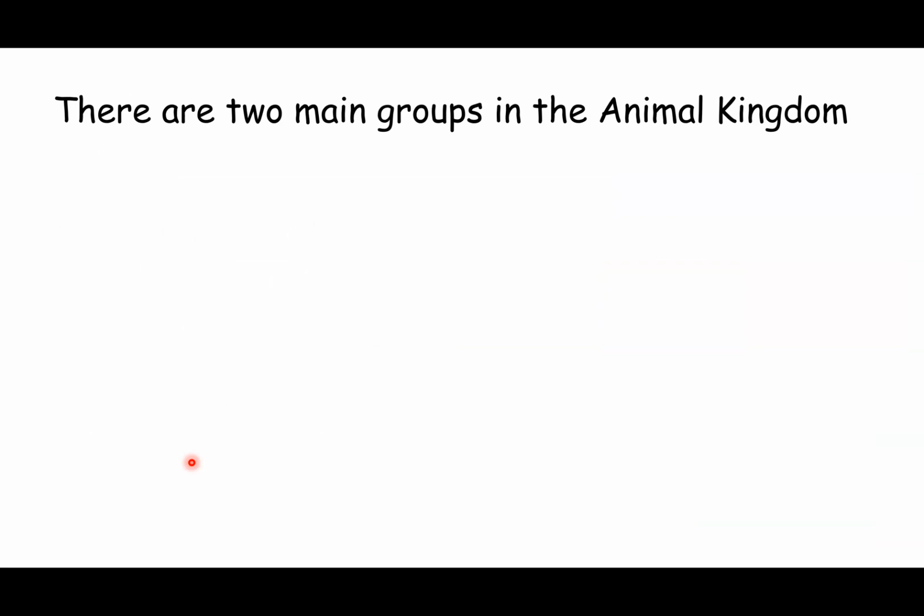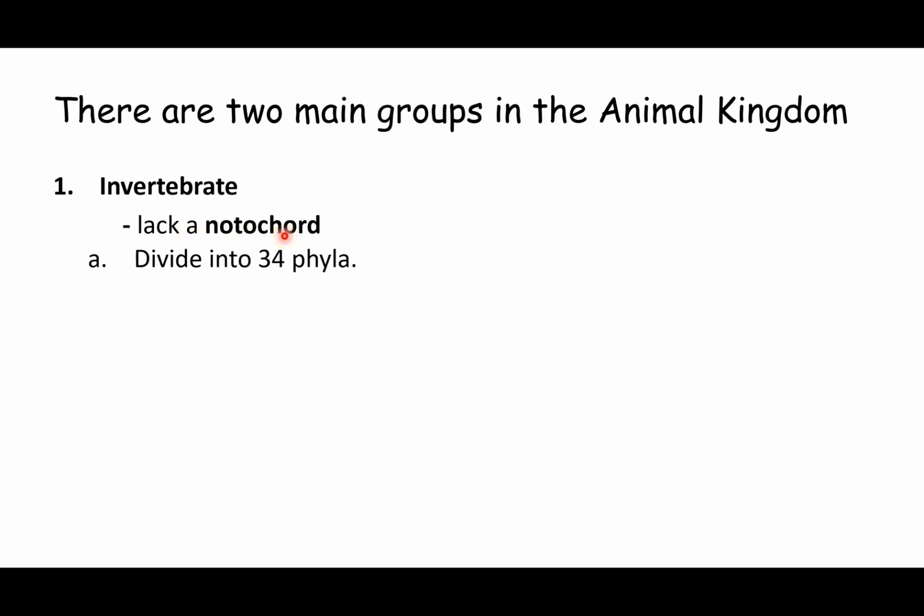There are two main groups in the kingdom Animalia. So we're going to look at those two groups. The first group is the group called the invertebrates. And invertebrates are characterized by the lack of a notochord. And they divide into about 34 phyla